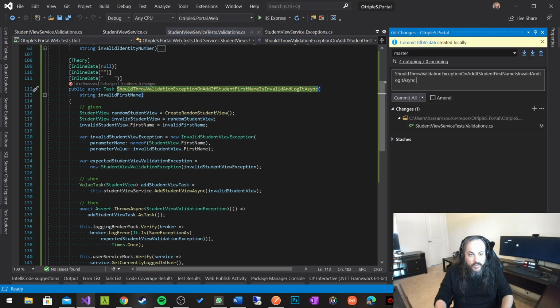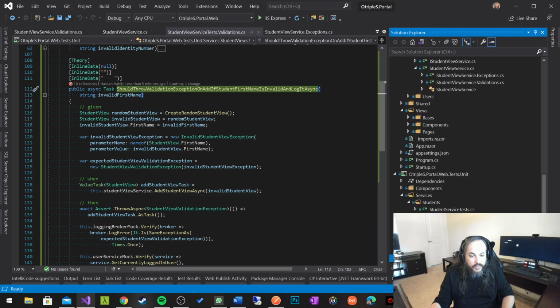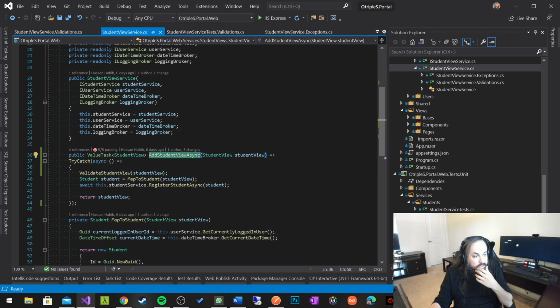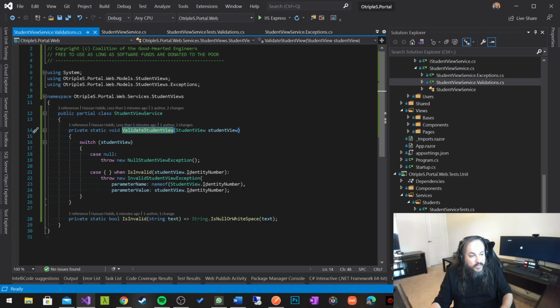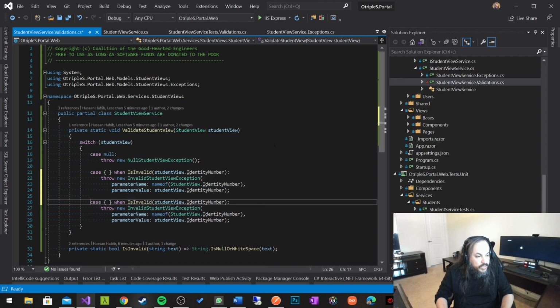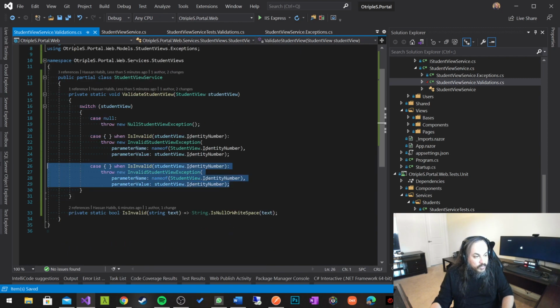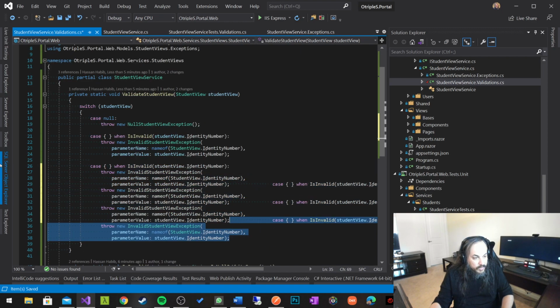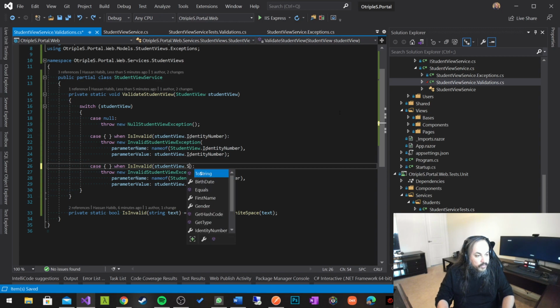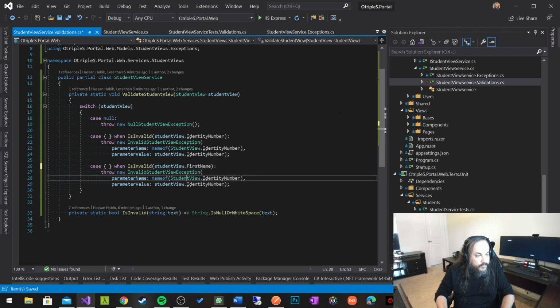Let's go ahead in here and log this as fail, like this. And let's go ahead and add that rule into our system. So now I just need to add a bunch of rules, because this one is, again, going to throw an InvalidStudentViewException. So it's pretty much this exact same rule here that I just copied with Control D. If you do Control D, it'll copy the exact same thing for you. And instead of student number, you want to say student first name, first name,